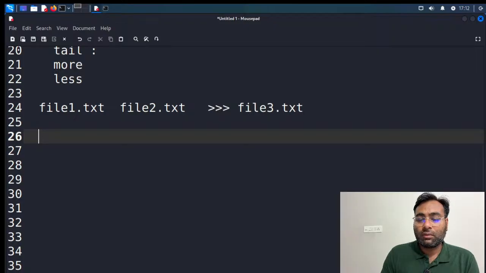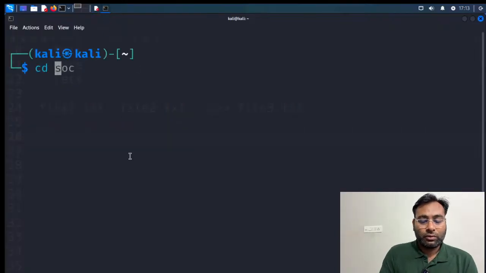So how can you concatenate this? If you have two files, file 1 and file 2, and you want to copy the content from file 1 and file 2 into file 3, how can you do it? Okay, you do not know about it,